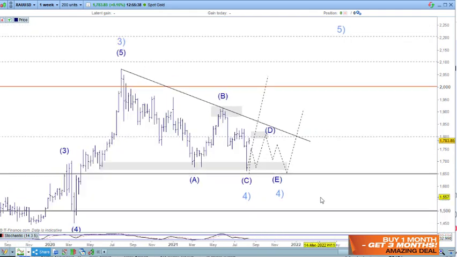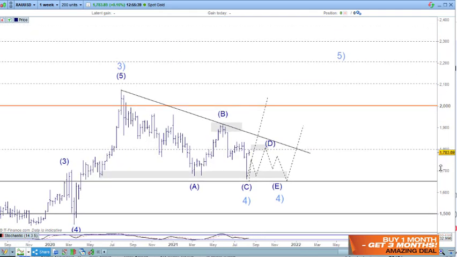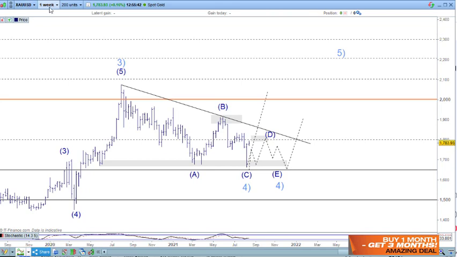So with gold here, this is a weekly chart for gold. You can always look at the code and the date up here. And we're looking at this in 2 ways. We're looking at it as an irregular flat, as an A and a B and a C wave here. And then that way we just go straight up from that point. But we do need to confirm 5 waves up here. So we'll be looking at that today.